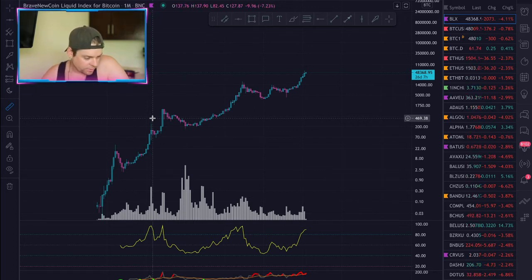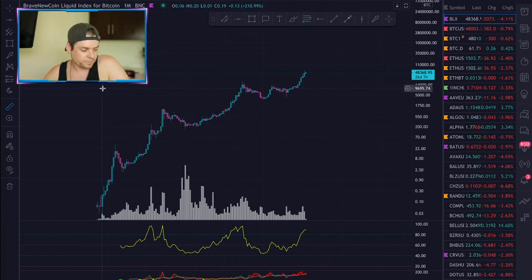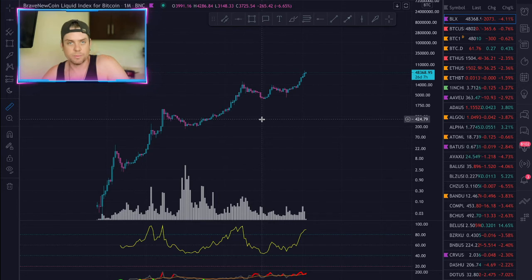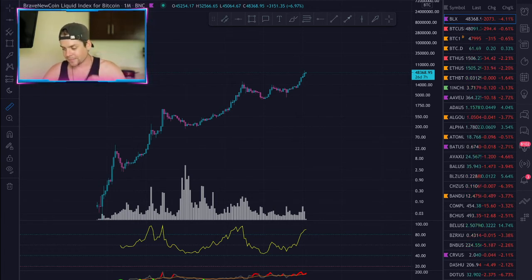1, 2, 3, 4, 5. 5 months. 5 months is not a bear market. 5 months with a 75% retracement is unlikely at this point. Not impossible. Certainly not impossible. Just rather unlikely. We're making higher highs. We're making higher lows on the intraday. We're just not ready to be that bearish. You know, it's just, if you're scared, that's good. That means that we're not at the top yet. Okay.